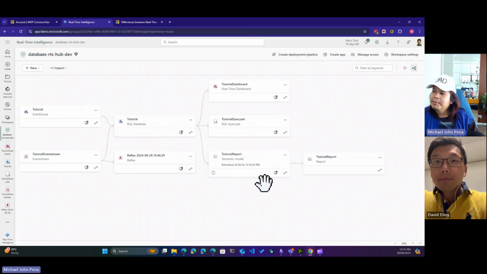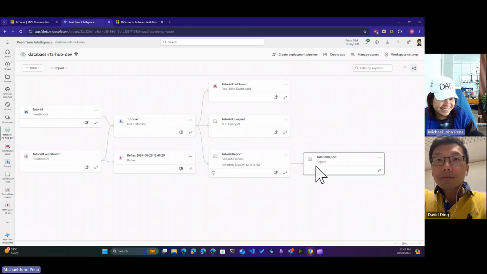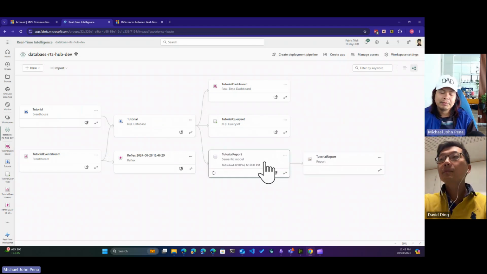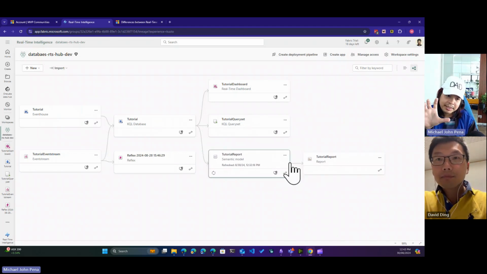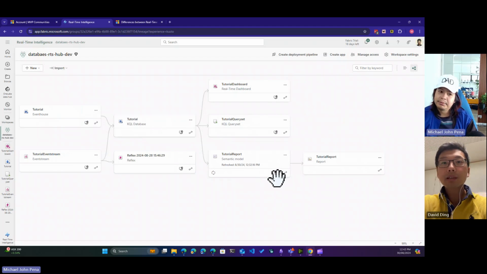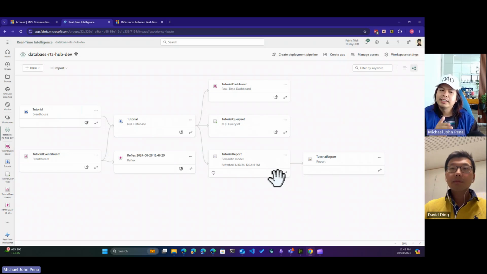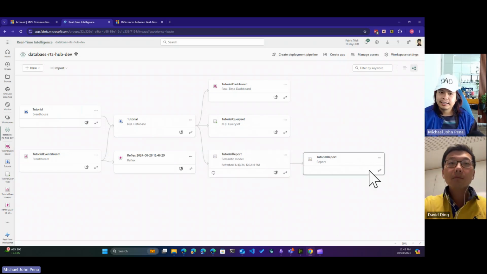So this is real time, this is fast, not real time, and this is fast. Because of the power of Power BI sitting within Fabric, within a co-tenanted setup, the semantic model coming from this KQL database is fast. It's not as real time as the real time dashboard, but it is fast.